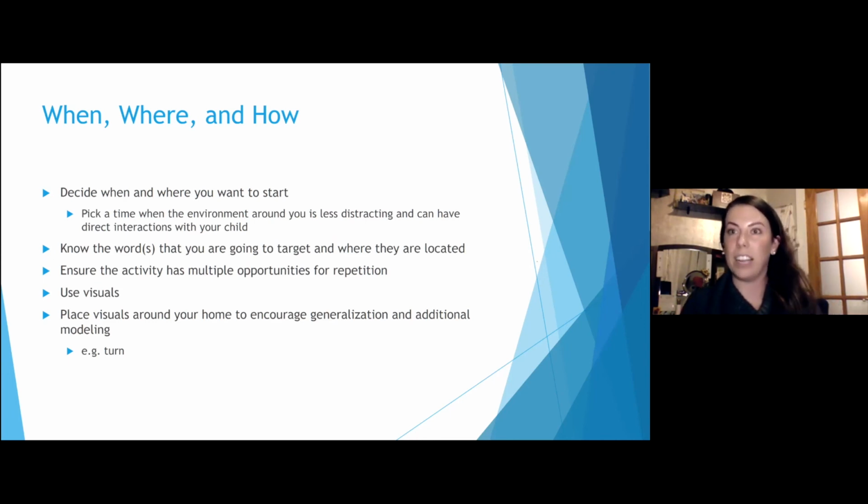So for a child that was really motivated by the lights and having on and off, what I might do is suggest to the family taking a picture of what their button would look like for on, and having that at the top of the light switch, and then the picture of off and having that at the bottom. So then it's giving the parent a visual cue of, okay, I've got a model on when I'm turning the light on. I've got a model off when I'm turning the light off. And so it's the same thing, as well as giving the child a cue and helping them really integrate that use of language.